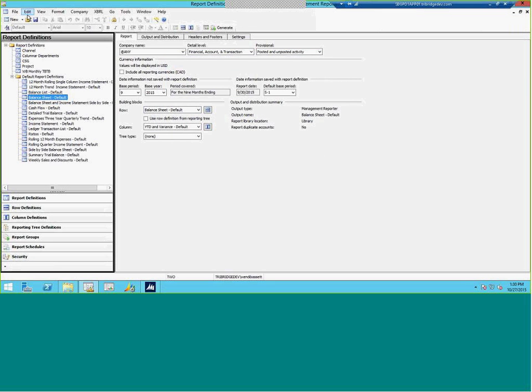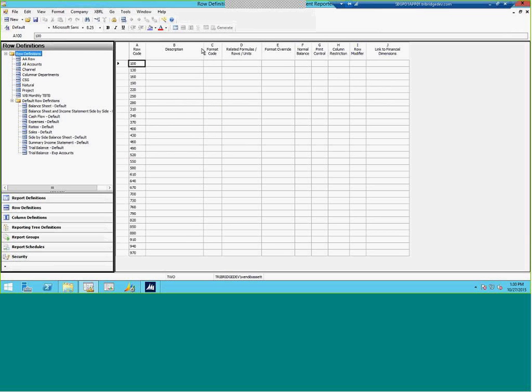Row building. And I'm going to do new row definition. Typically, when I build a report, I rarely start from scratch. I usually take a row format that's already out there. I'll modify that, or I'll use the wizard, and I'll go through the wizard and let the wizard insert my accounts. If we're going to start from scratch, then I can very quickly get some information from my accounting system